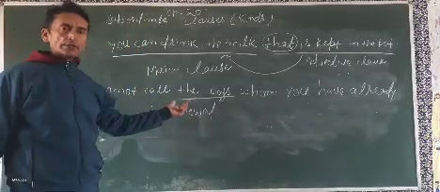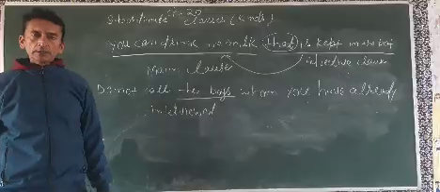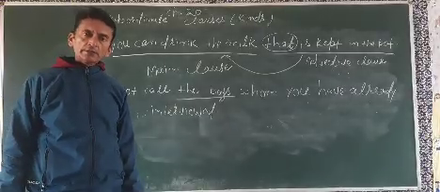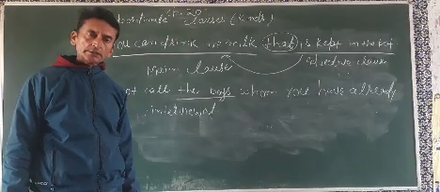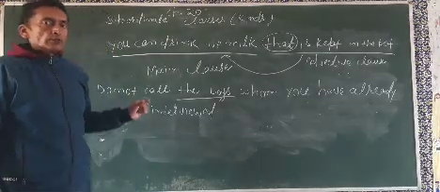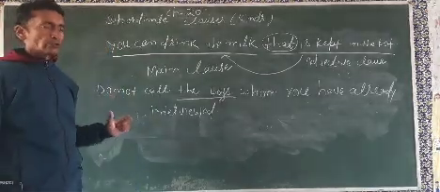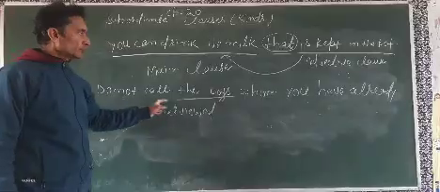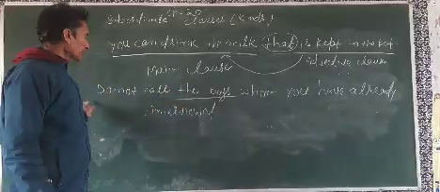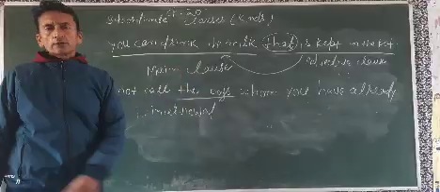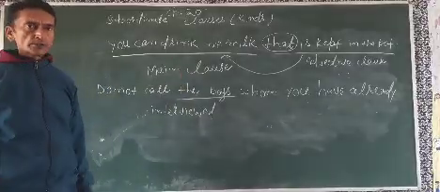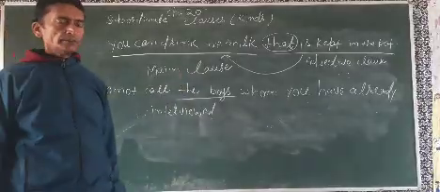In this example, student, just tell me how many clauses are there, how many subjects and predicates are there, how many finite verbs are there. There are two clauses. First clause: do not call the boy. This is the main clause because this clause is not depending on any other clause for the comprehension of its meaning. So we can call it the main clause.